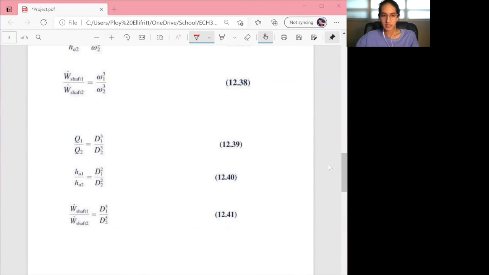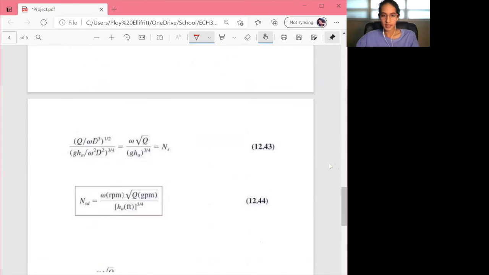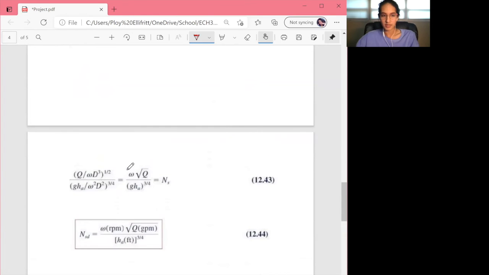Another important dimensionless parameter mentioned is specific speed, which is obtained by eliminating diameter between the flow coefficient and the head coefficient, which gives you this. You can see the diameter goes away. And then this one here is the same equation. It's just this one, 14.44, is more commonly used in the US because this is given in the US customary